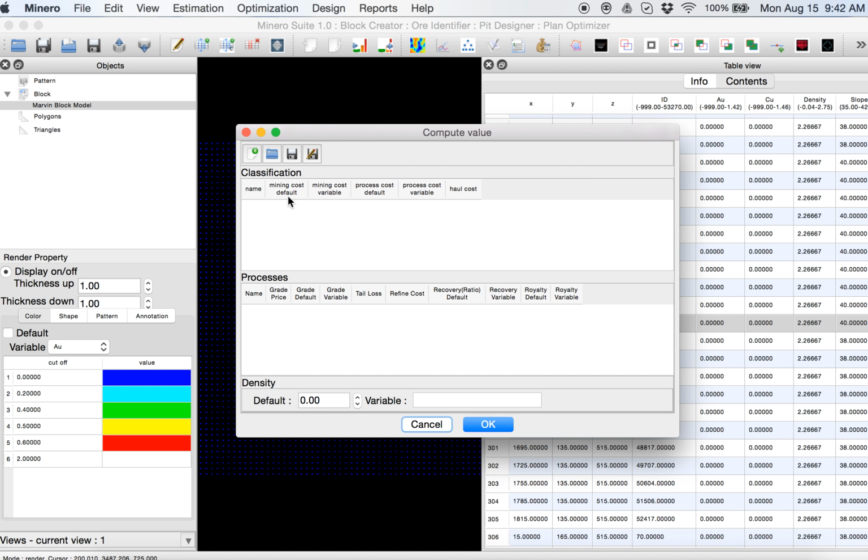Here we're going to insert classification, process name meal. For the purpose of this example, process could be a default process. Cost default value is 4.